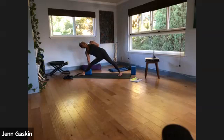And then unfurl left arm up to sky. Reach left inner collarbone up. Pull left shoulder blade slightly in. Trikonasana, belly's rotating from right to left. 3, 2,